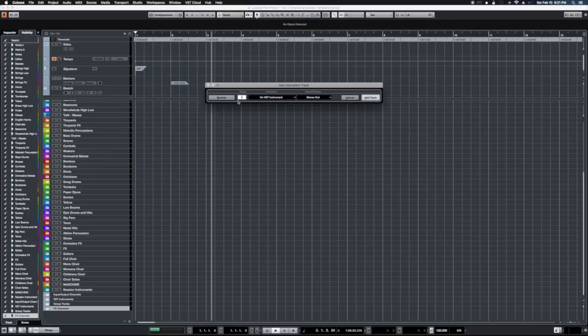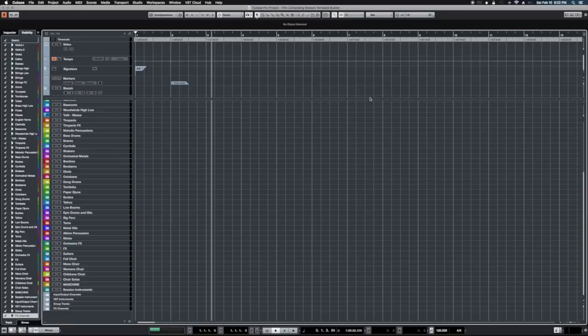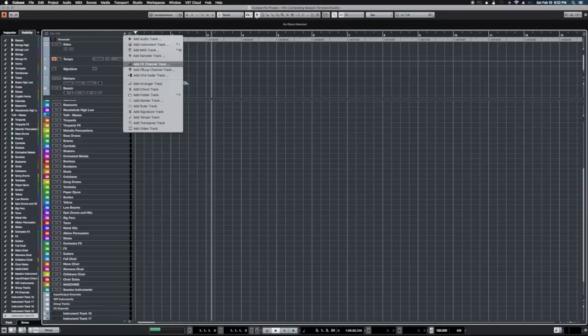I mean, I can add more than one instrument track, but in this case, I can only add instrument tracks. So if I wanted to add some instrument tracks, some group tracks, some VCA faders, I basically have to add the instrument tracks, and then come back here,